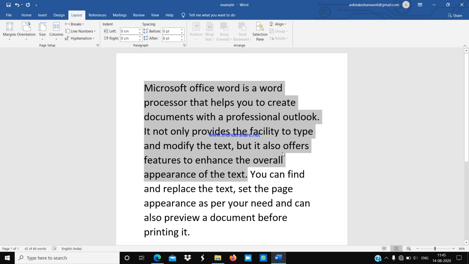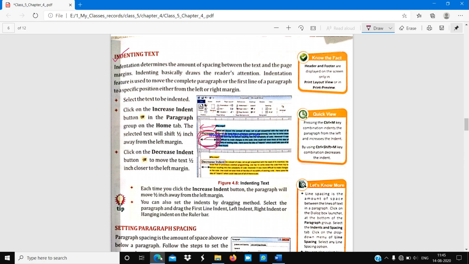It is written wrong here. Please correct it in your book. In place of home tab, it will be the layout tab, or page layout tab.